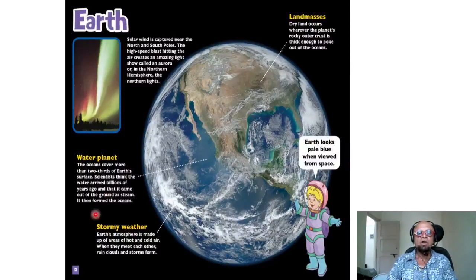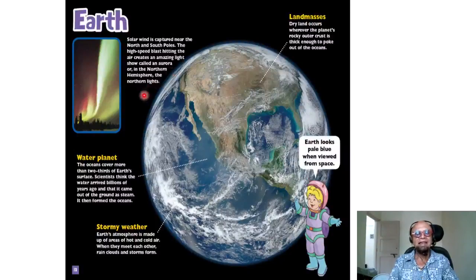Water planet: the ocean covers more than 2/3 of Earth's surface. Scientists think the water arrived billions of years ago and that it came out of the ground as steam. It then formed the oceans. This question still continues to be debated and there is still a lot of water apparently in the crust, massive oceans of water and so on. But solar wind here is captured near the north and south poles. The high-speed blast hitting the air creates an amazing light that is called an aurora, or in the northern hemisphere